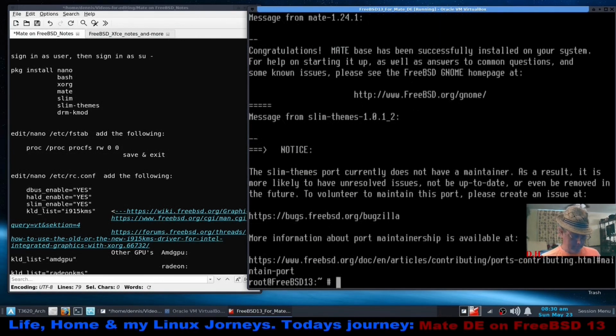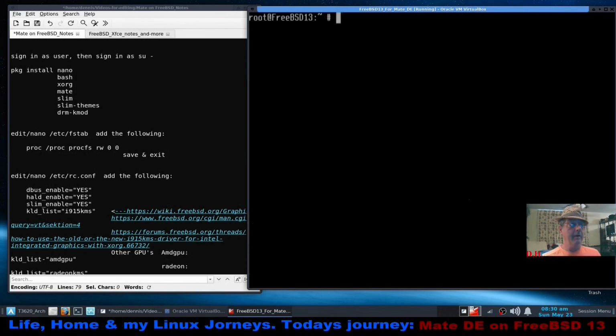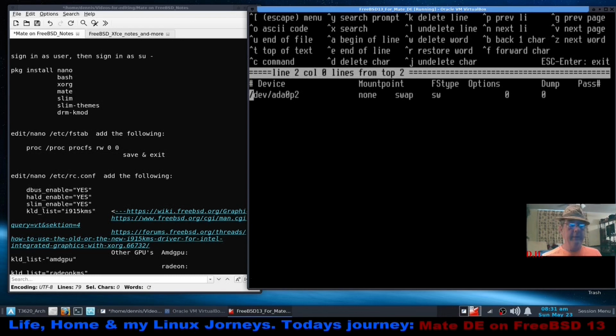Okay, so that finally finished there. We'll clear the screen. Now we've got our programs installed. So now we can either use Nano or the editor that's built in, or Vi or Vim, whatever you prefer, but we've got to edit our fstab, the file system table. We're going in here